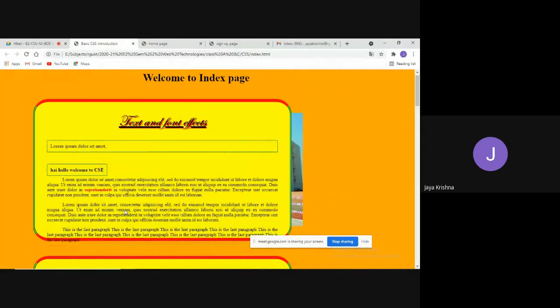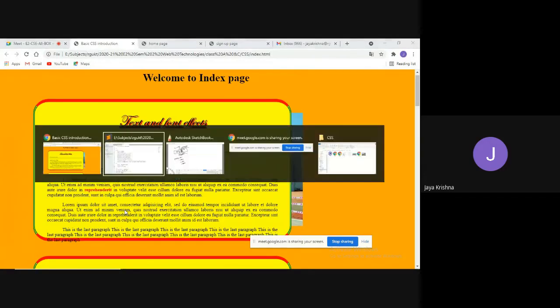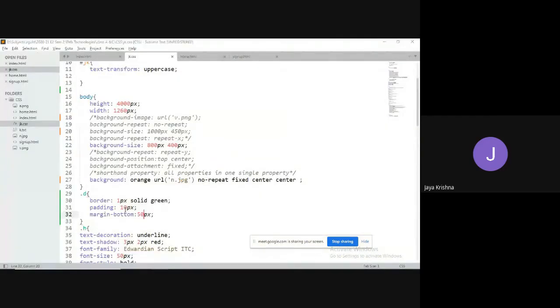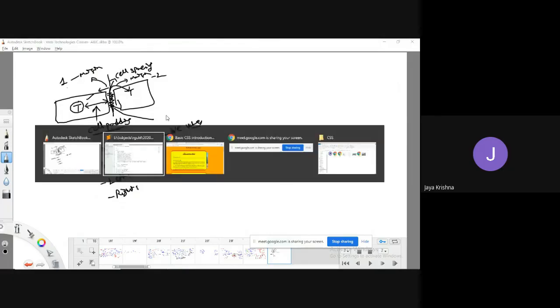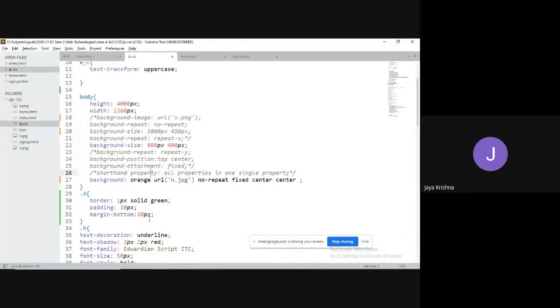See, observe here. Now it is correct. We got some specific value. What happened is these margins are going to work with negative values also, so that is why it is getting like that. It will start from somewhere. Margin-bottom is 50 pixel.